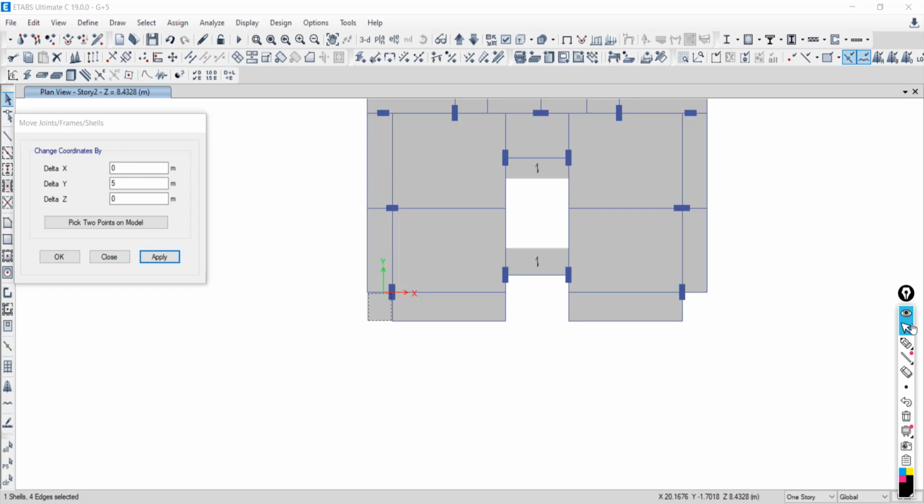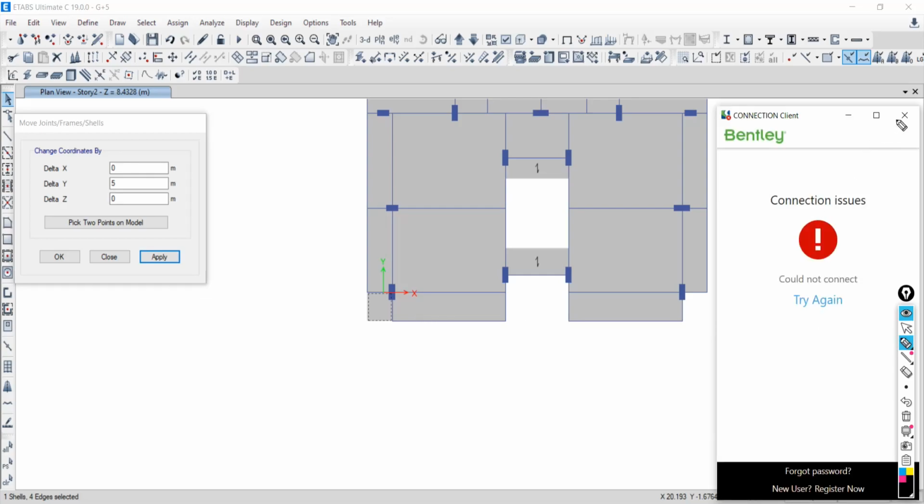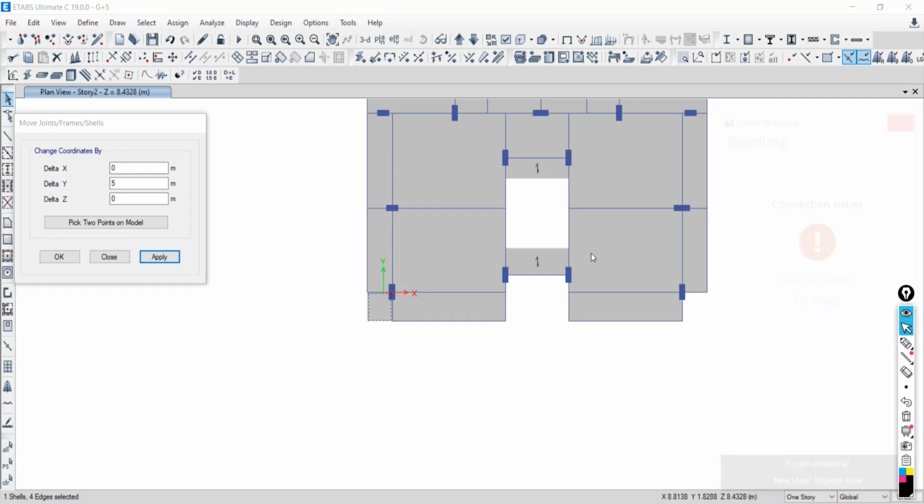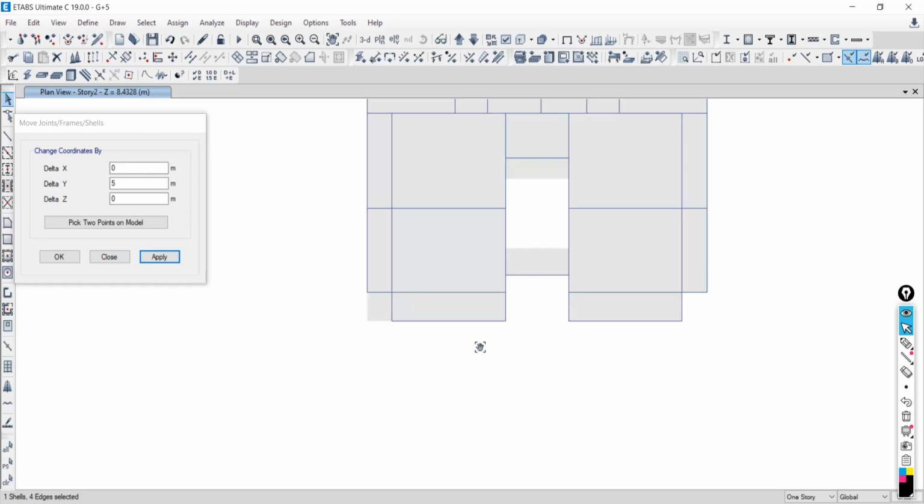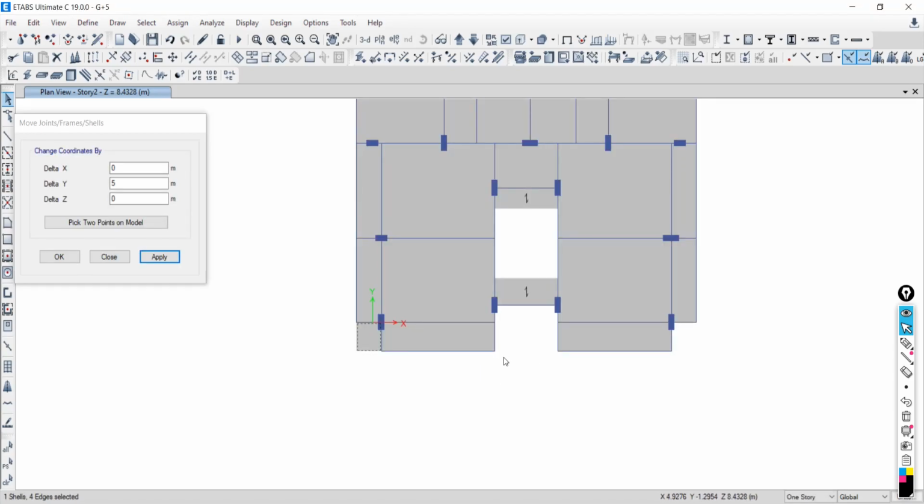Yes, sir. What I actually want is to shift this slab from here to here in X direction. Okay, but for shifting we need to have the distance. If you have this distance, then you can put that distance and your slab will be shifted by that distance. But that is the problem. Every time you need to find the distance, calculate it, come back, put the distance, then shift the element like that.